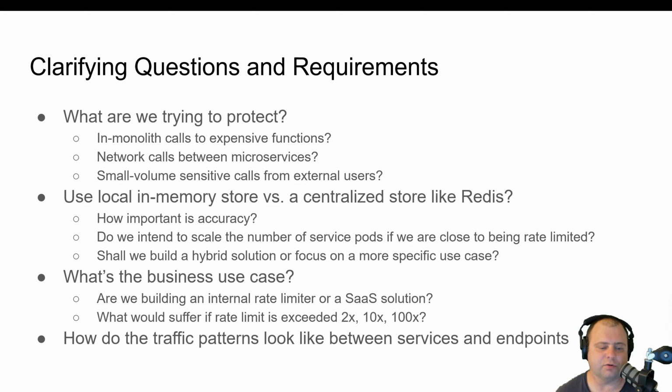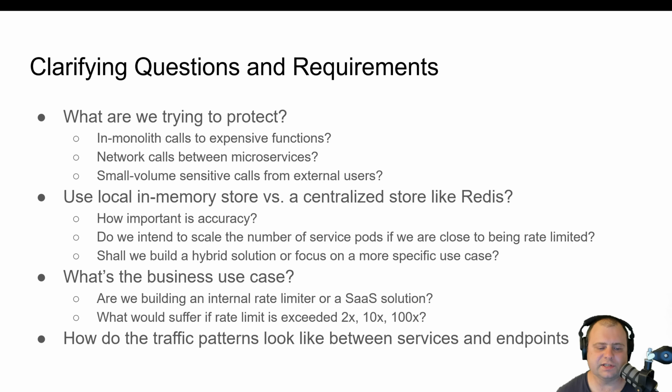Maybe we just scale out the service and that's okay. Maybe you don't even need a rate limit as much. You can just throw money at the problem. Of course, for a rate limiter question, it's not going to be that easy to get off the hook, but you may need to ask these questions, and the interviewer also needs to have something prepared for this.